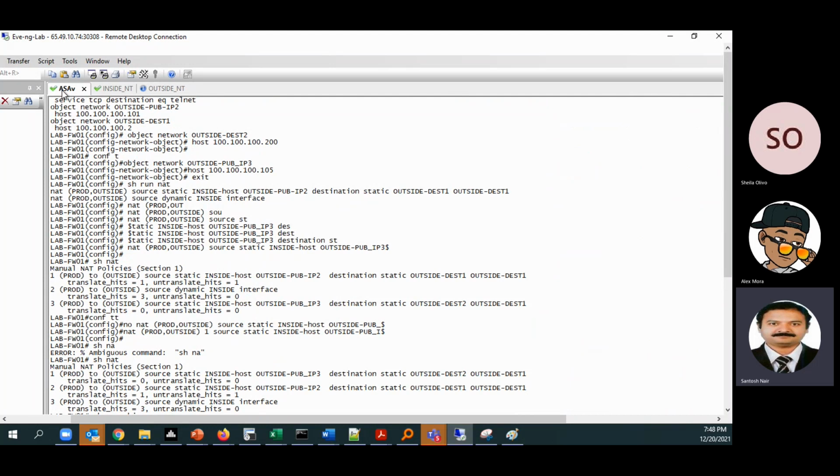So this is the beauty of twice NAT. We have all the flexibility to change the source. We have the flexibility to change the destination, right? So that can be achieved using twice NAT. And these commands, if you learn these commands, right? Nowadays we don't have to do it using commands. We can do it through the front end, but we have to understand the concept.